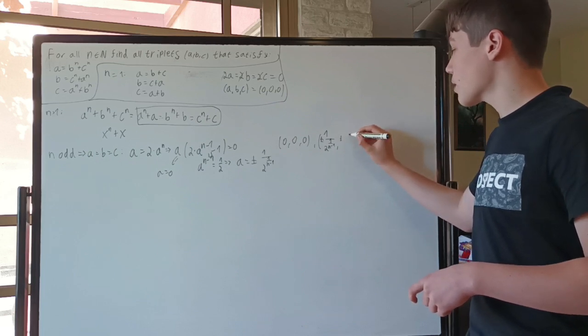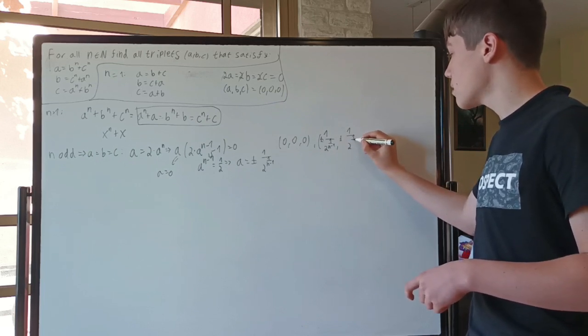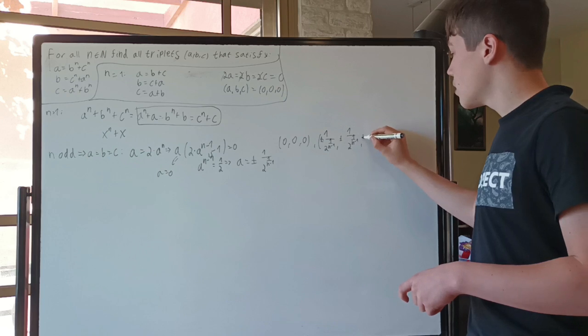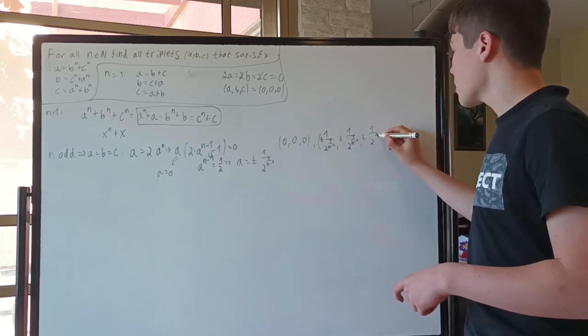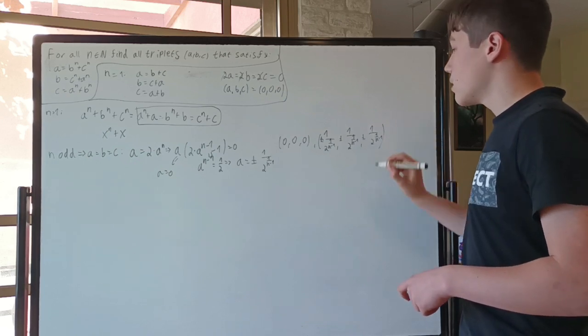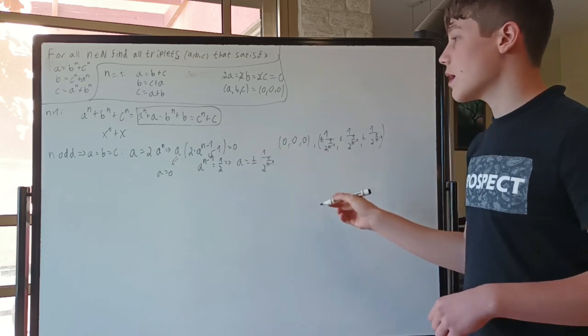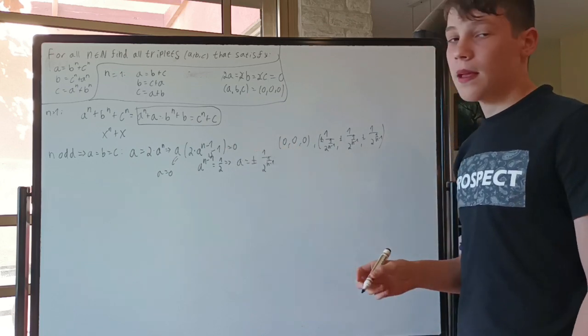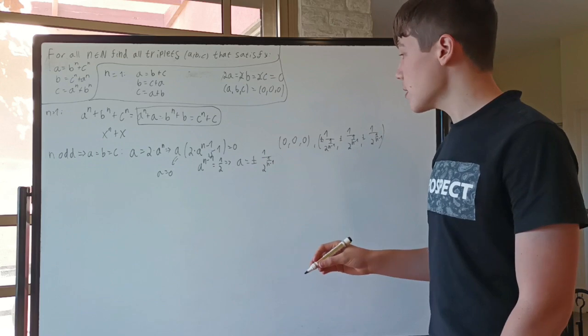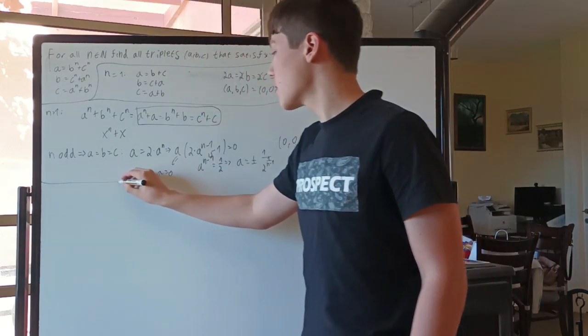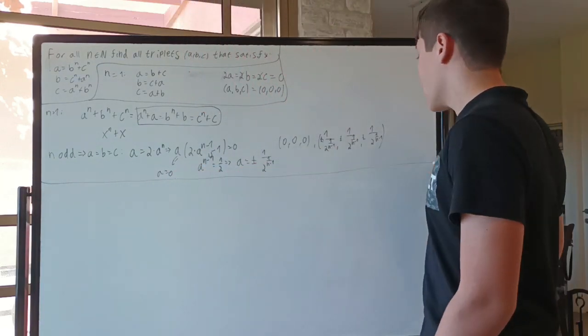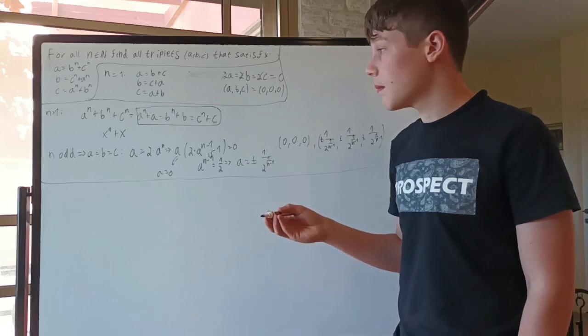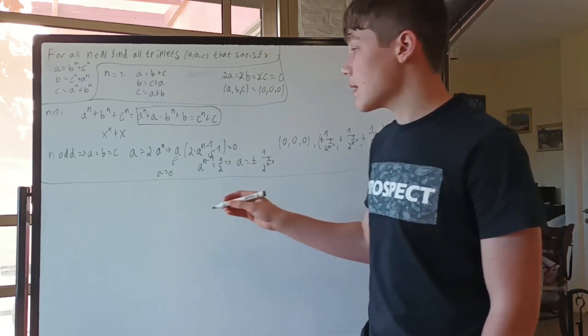So let's write that real quick. Second spot, and in the third spot. Okay, so that's the case now where n was odd. So now let's look at the final case. Now let's look at n is even. So in the case where n is even,